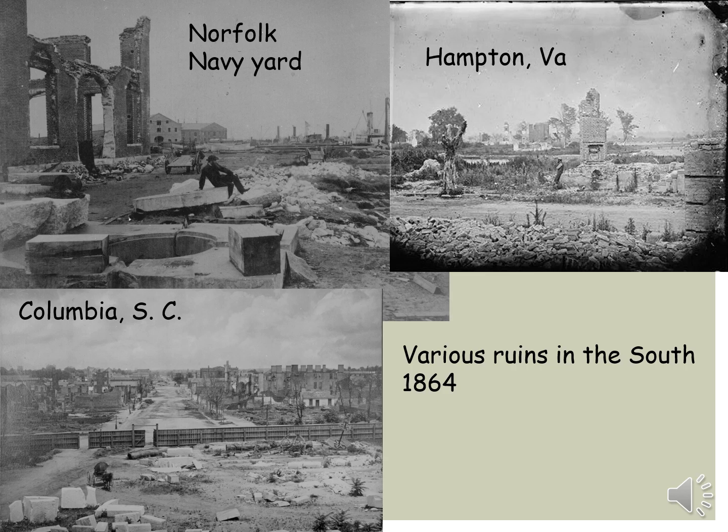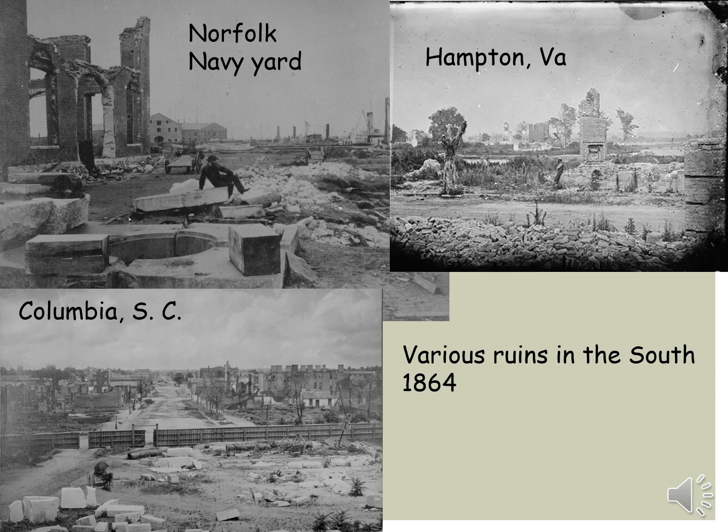Stretching off into the background, all those are chimneys sticking up. Kind of to the left center, that little white dash, that up and down dash there, that's a chimney. You're looking at the backside of a chimney in the distance. And so what has happened to all the homes that these chimneys belong to? Well, they've been burned to the ground, obviously. This is Hampton, Virginia, a prosperous town, and it's been completely destroyed and burned to the ground. There's nothing left but wreckage.